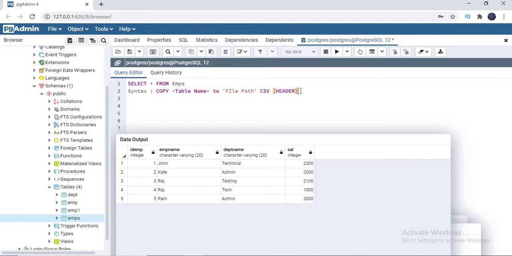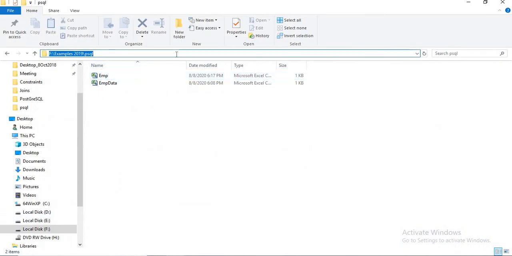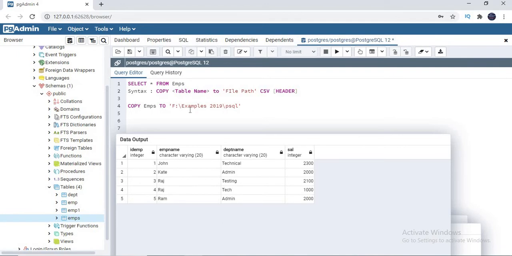Let me quickly run a normal scenario with header and without header, and then I'll go to the negative scenario. Let's type it now. COPY, the name of the table is EMPS, TO the file path. Where do you want to keep it? I want to keep the file in a specific folder. I'm going to specify the name here. I don't need to create the file ahead of time. I'm going to create EMP output, OP output dot CSV, and then specify CSV.